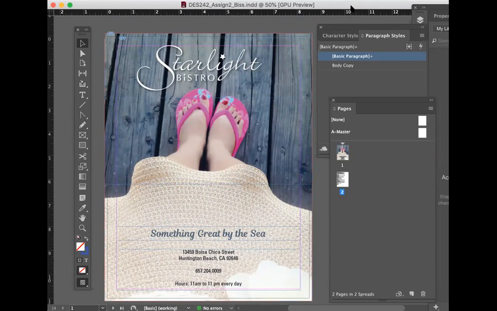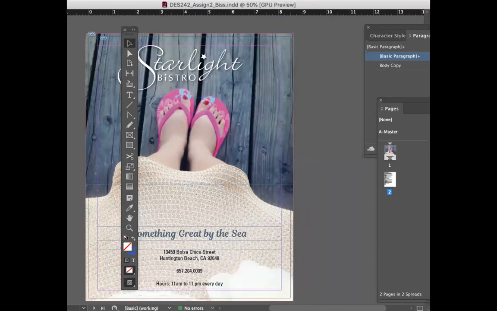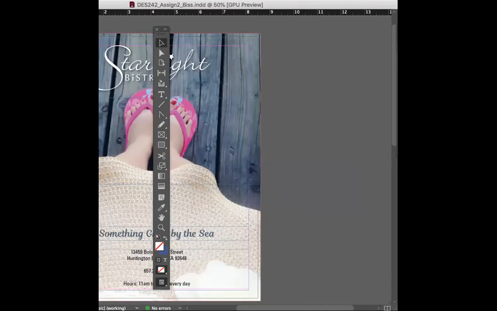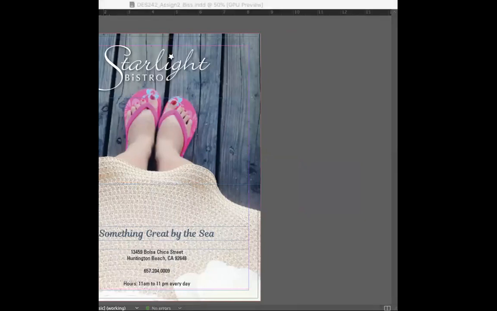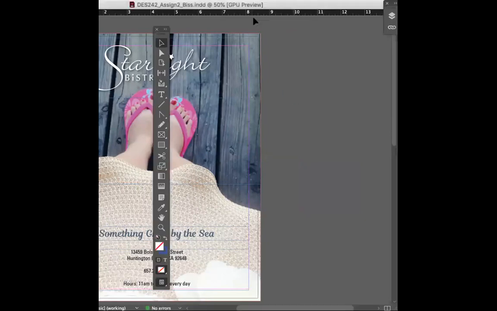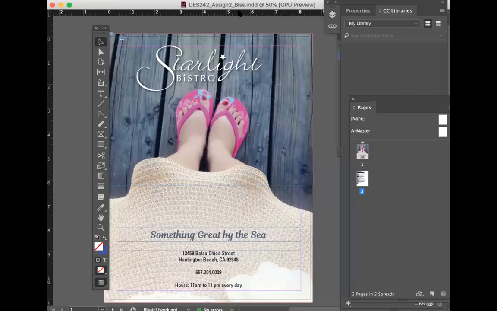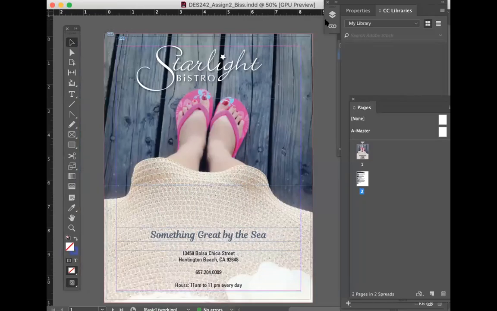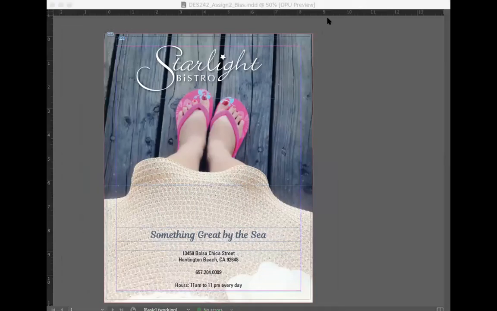Color, good. What else? Centered, so alignment. This is all about repetition. Remember we talked about the principles of design? So all of those things are correct. We got repetition through imagery, color, typeface, alignment, all that good stuff.